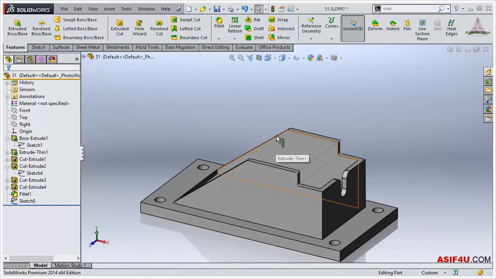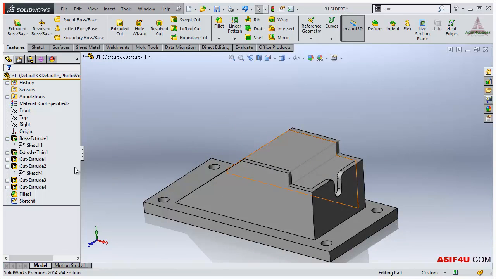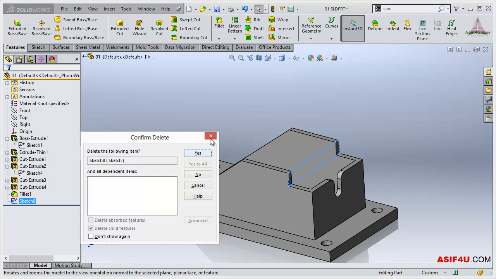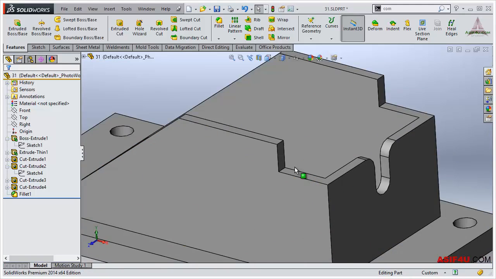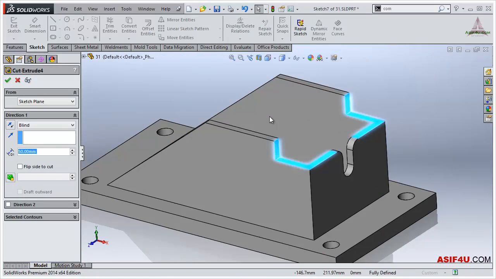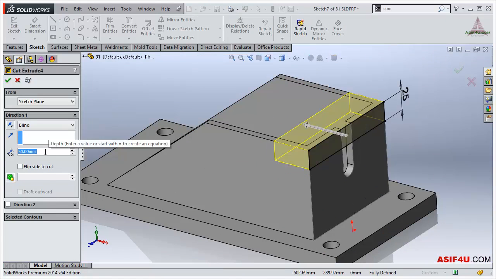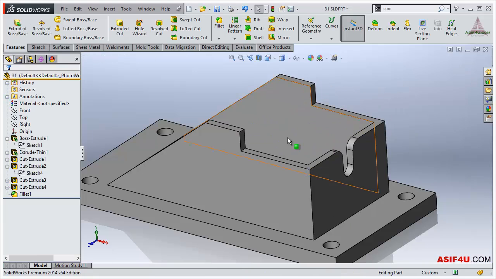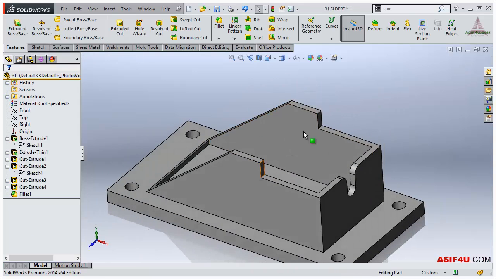first I will delete this, because you can do this from another existing sketch. If I press this surface, you can see this is that cut extrude. If I go inside that cut extrude, I can just increase that cut extrude. So when you want to change anything here, you have to understand that maybe that feature is already available. If you make a change on that feature, this part will be updated automatically, and this will be very